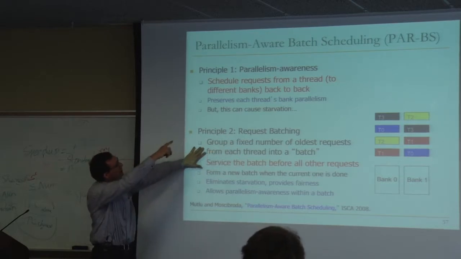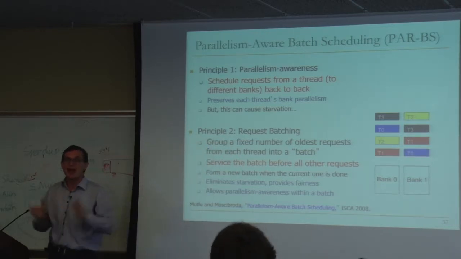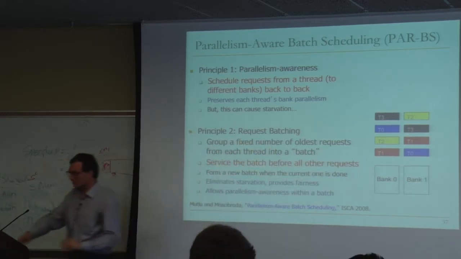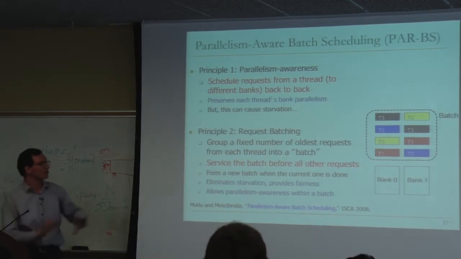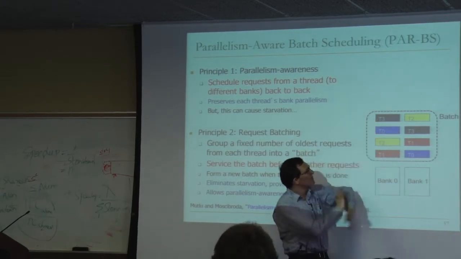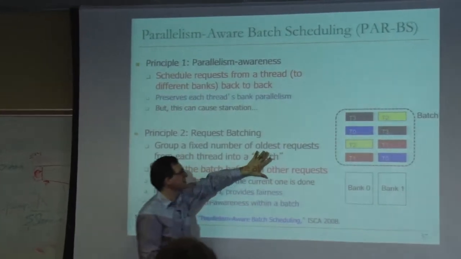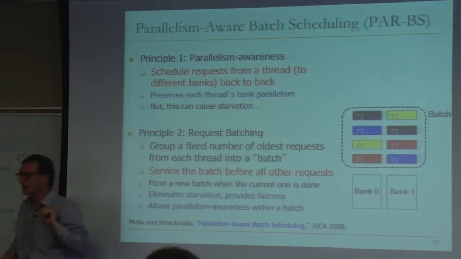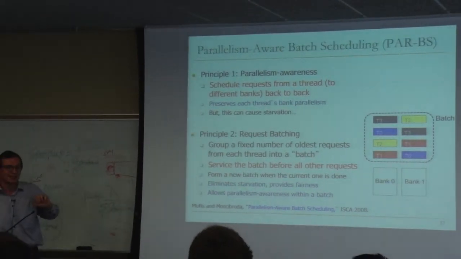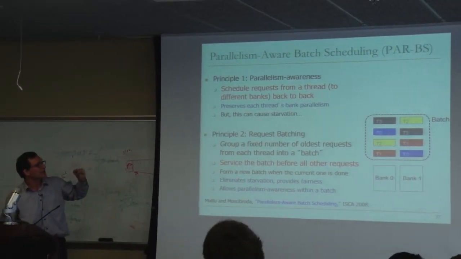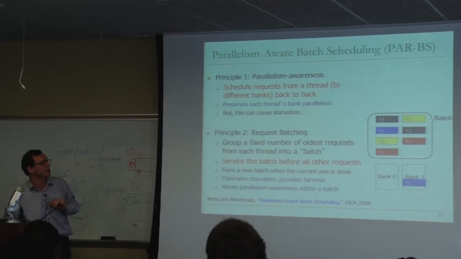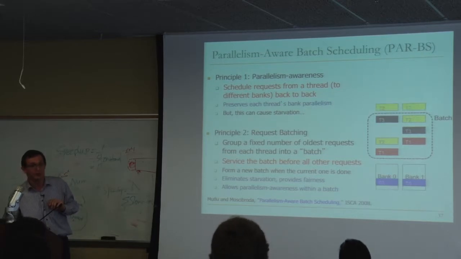How do you do parallelism awareness? Basically, the idea is to rank the threads. When you form a batch, also form a ranking of threads, which I will show you here. Basically, the memory controller has all of these requests queued up in its memory request queue. It forms a batch based on this threshold called marking cap, which you hopefully remember. And within this batch, it forms a ranking and prioritizes the threads based on that ranking. Let's assume that thread 0 is ranked over everything else, so the memory request scheduler schedules thread 0's requests first.